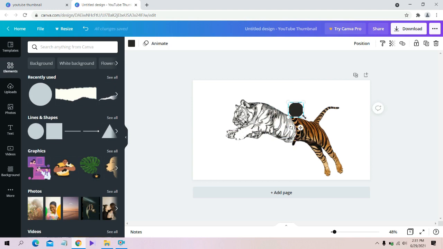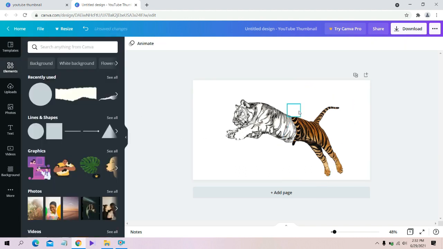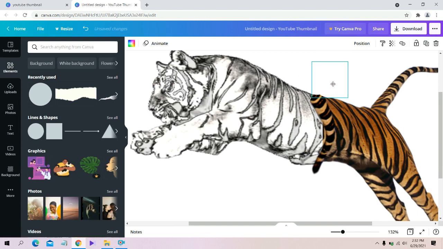To adjust this you have to use the arrow keys, as this is quite small, so you can't adjust it with the mouse. We have to change this gray color to white and duplicate it another time so that a small edge that is missing can be adjusted. Make it a size smaller and use arrow keys to adjust it.